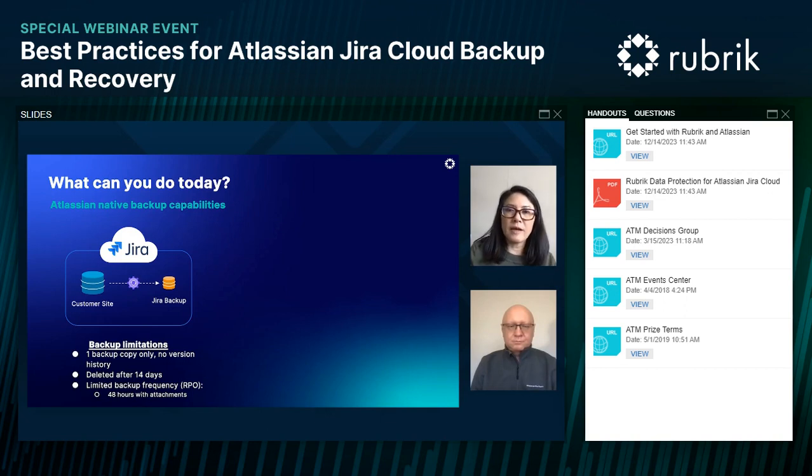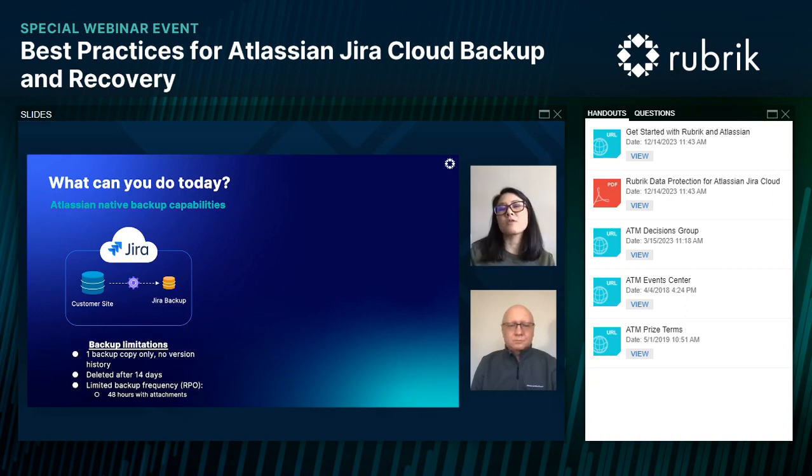Another thing to keep in mind is that these backup files are not there forever. The link to the backup file you generated will eventually go away. It will be deleted after 14 days. And lastly, the frequency of these backups. If you have attachments with your Jira data that you want to back up, you're only able, at most, to do it every 48 hours.